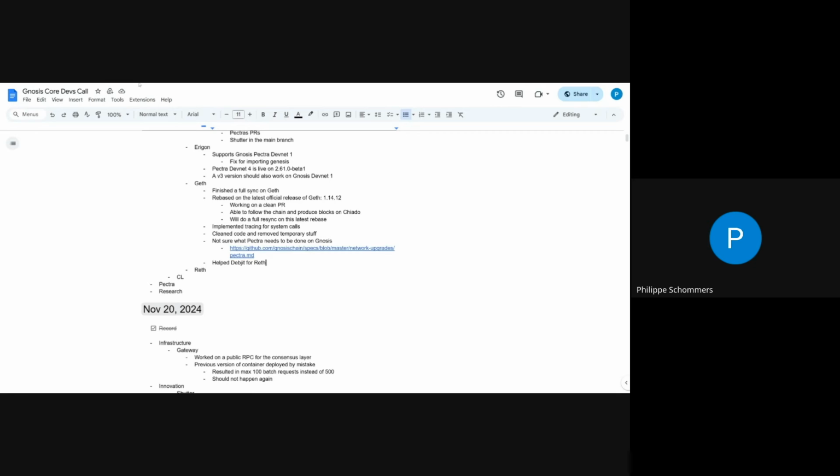All right. What is there left to be done on Geth for a public official release? Yeah, I mean, if you don't want to wait for Pectra,